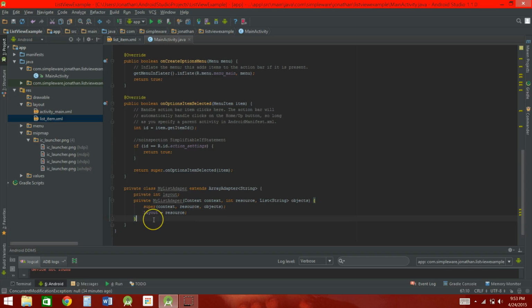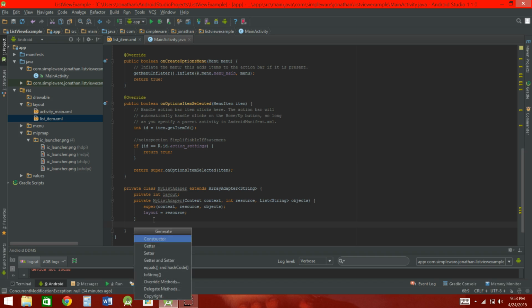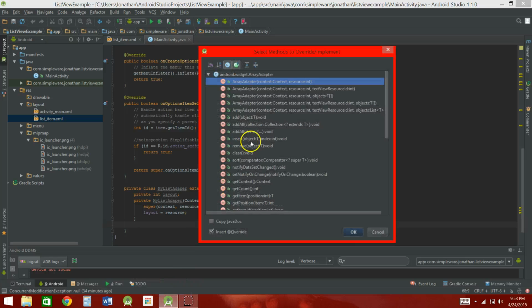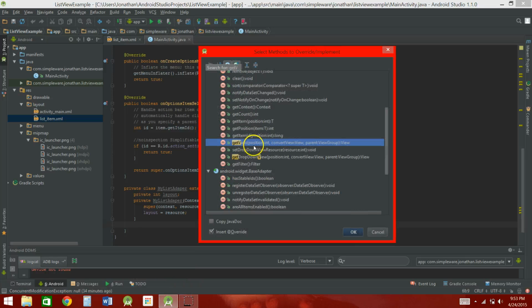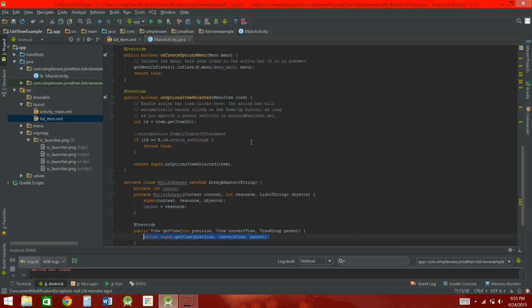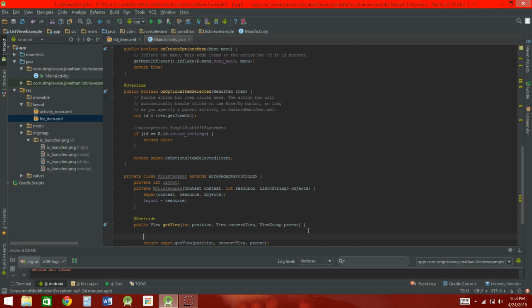So now we're going to leave the constructor and we want to implement the getView method. By pressing Alt and Enter again, it'll create a generate window and we can override the getView method. We're going to search getView, and when you see it, just tap on it and hit Enter, and it'll bring it in. So now what we want to do is we want to check to see if convert view is